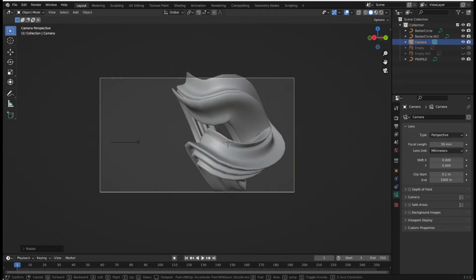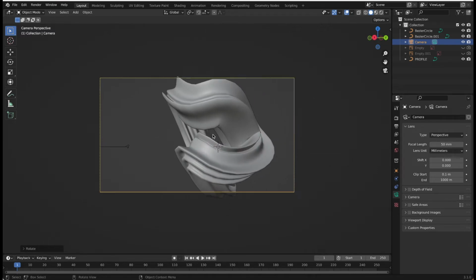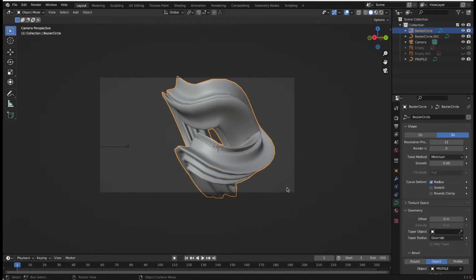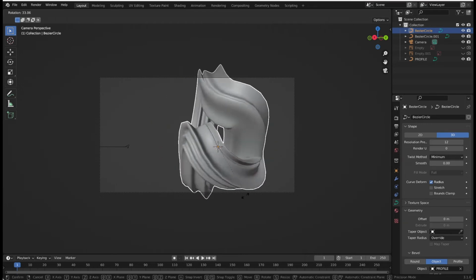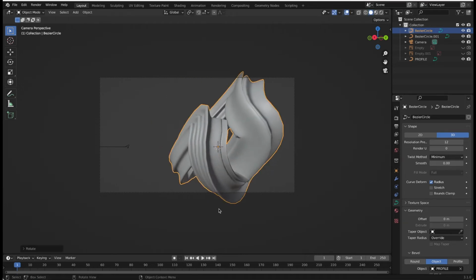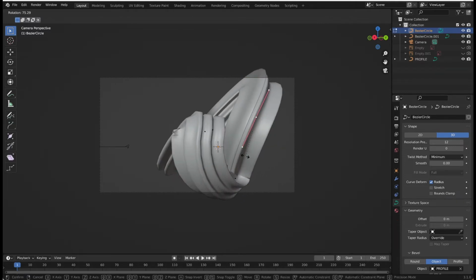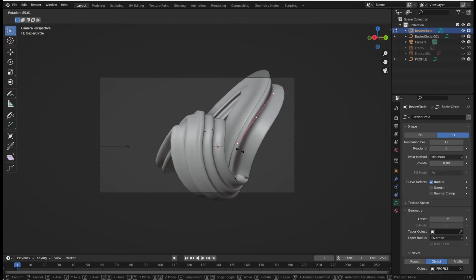So here we go and have a look at what we got. Great, and I want to turn it maybe like that. Let's go in and again rearrange stuff. You see, now everything is sort of joined together, so it becomes